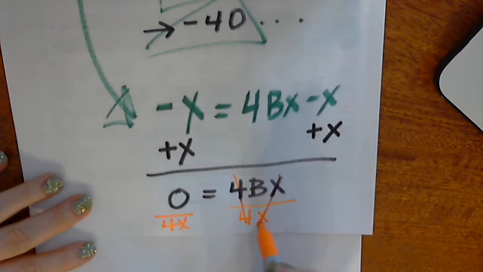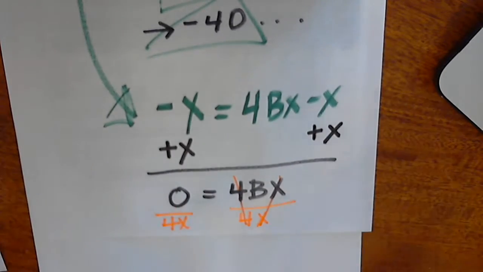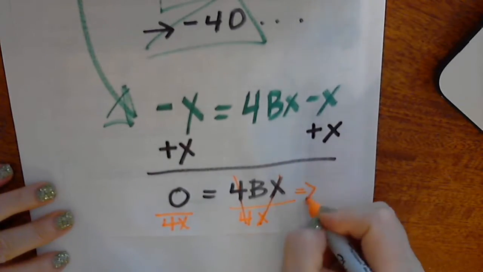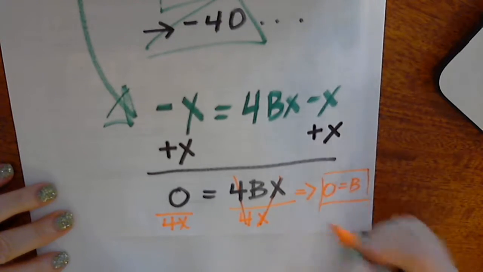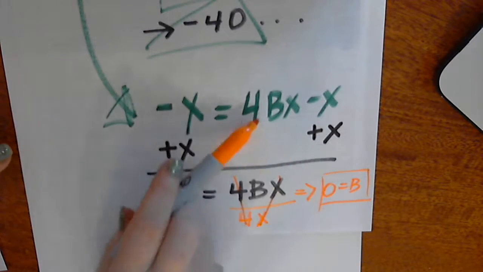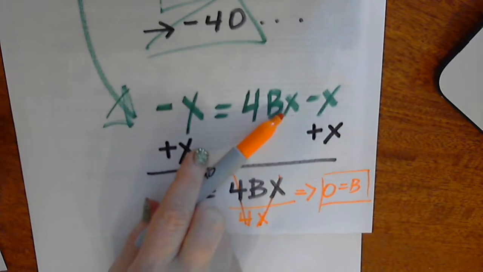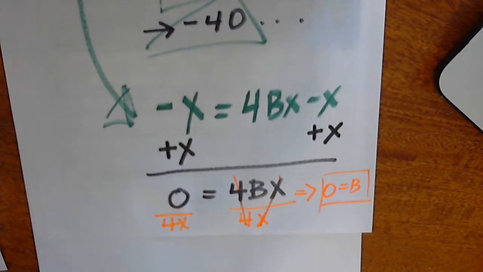That cancels. 0 divided by 4x, well, nothing changes there. That's still 0. So 0 equals b. So what that means when you have a 0 for b, because b is the term that's multiplied to your x, is you don't have an x term. So when you go back,